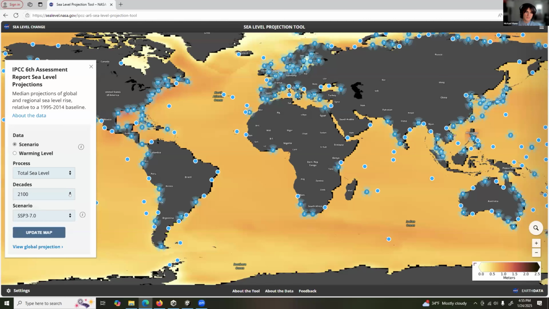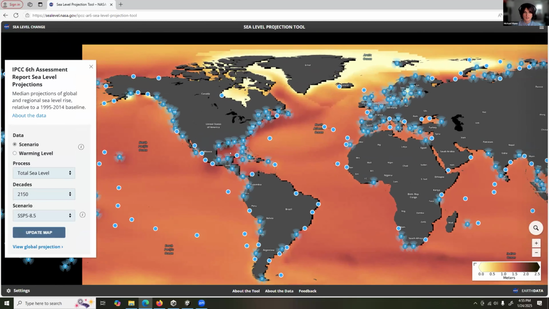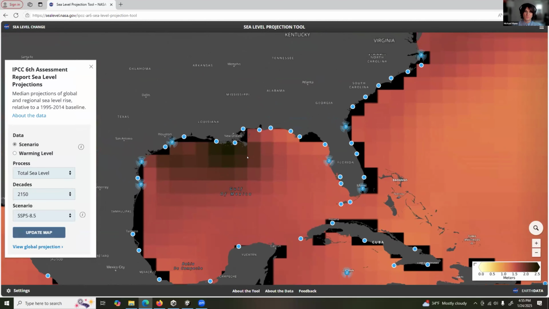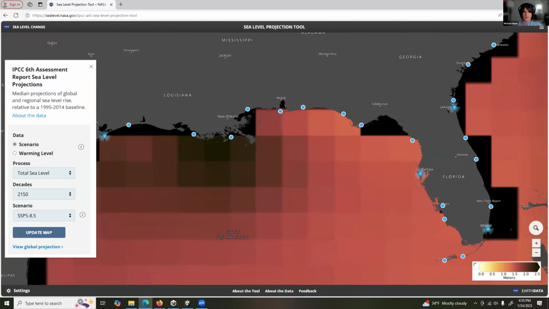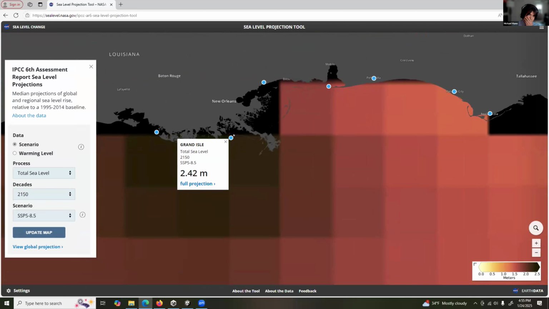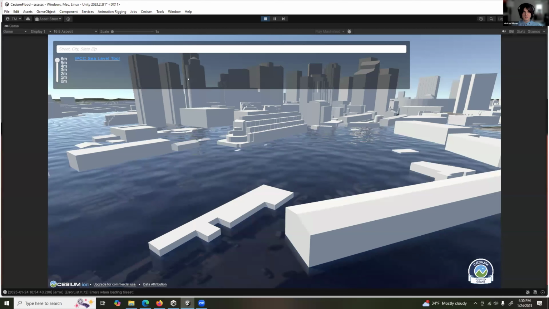And so from here, we can go to the year 2150, go for the SSP5 8.5 scenario for sea level rise. And because it's definitely going to be one of the more drastic examples, we can look at New Orleans, and New Orleans is projected to be hit with a 2.42 meter sea level change. And so